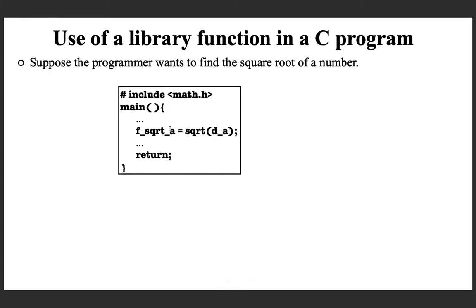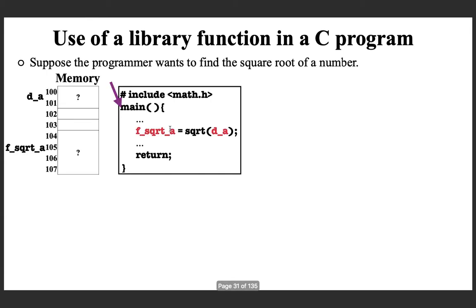And now, whenever a C program is executed, the execution starts with the main function. So, the program execution starts here, and the moment execution starts, memory is allocated